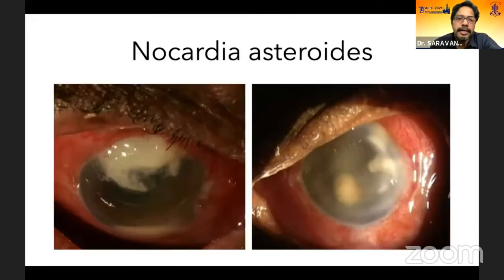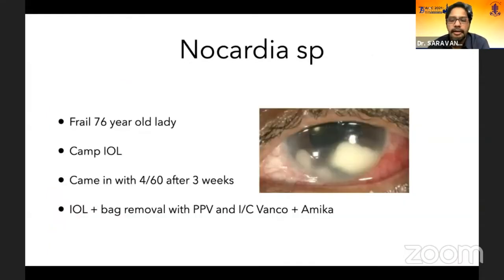And again, when you are dealing with a Nocardia, the picture is quite different. You can see the cotton ball, like a big opacity sitting in the anterior chamber, and the ultrasound will show that the vitreous is almost always clear. And you can see the necrosis at the site of section or at the site of paracentesis spots. And again, a relatively white eye compared to other infections, then you know that you're dealing with a Nocardia, especially when the patient is a very frail old person with a very low body weight and sunken eyes. These are usually some of the cases where Nocardia more predominantly affects these patients.